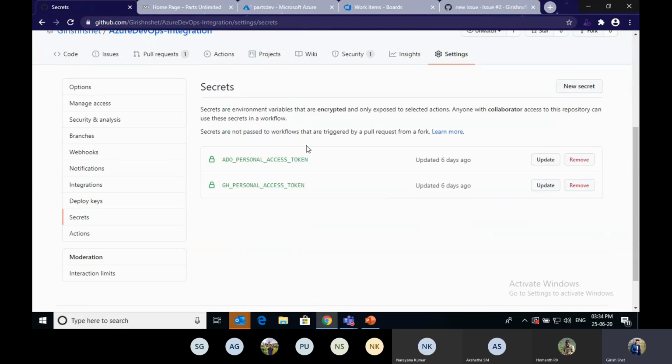This is where I have given the tokens. Whenever I give them, they are in encrypted form, and these secrets are passed to my GitHub action workflow. I'm not passing them directly to the workflow here. I'm passing them as secrets, because the personal access token should be sensitive. This is for authentication.